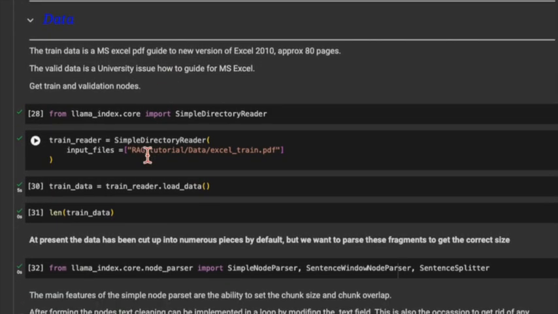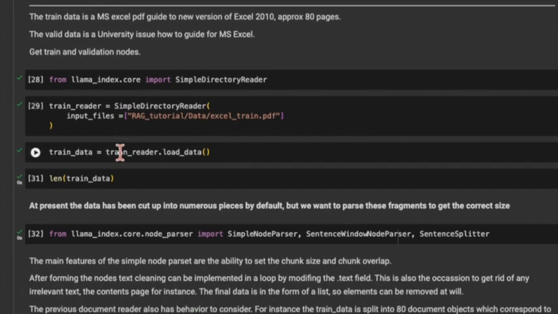And so here we go. This is the Llama Index directory reader. I've got some PDF file. And all I'm going to do is I'm going to read in that file and I'm going to load that data. Now, once I've loaded that data, what I finish with is some sort of list,